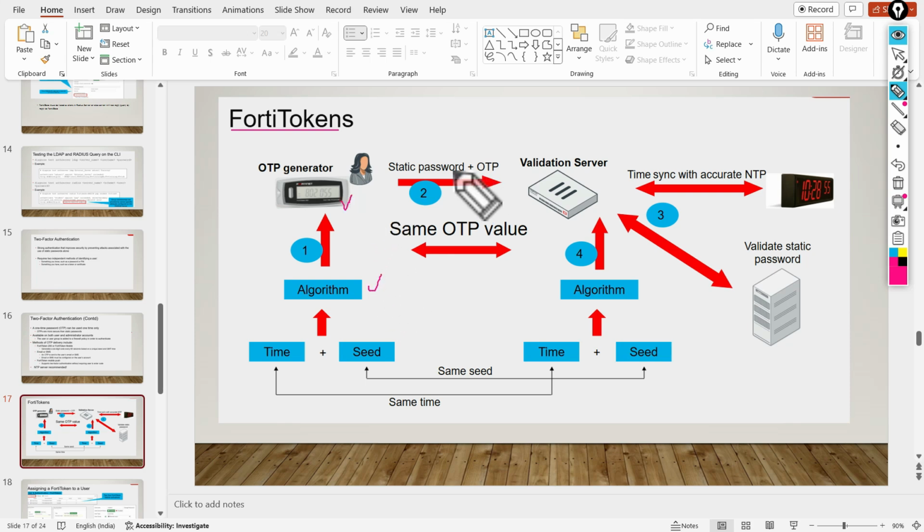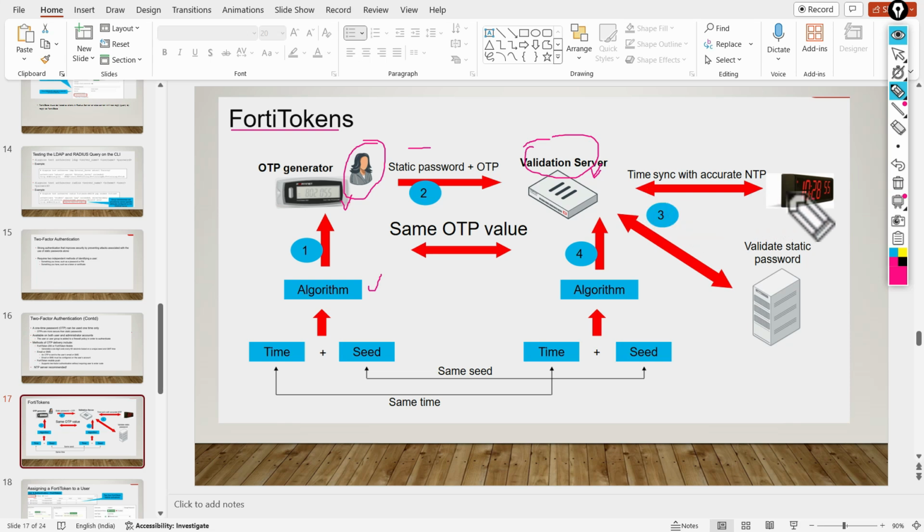The second step is that the user provides the static password plus OTP, and this is sent to the validation server. The validation server does the same activity using time plus seed, generates the algorithm, and using it validates that the second authentication is working fine and the OTP provided by the user is valid.